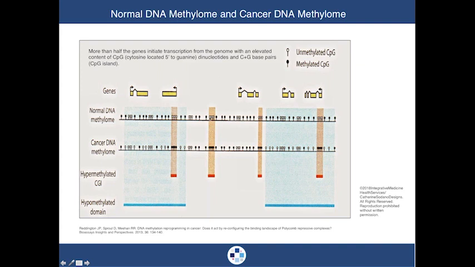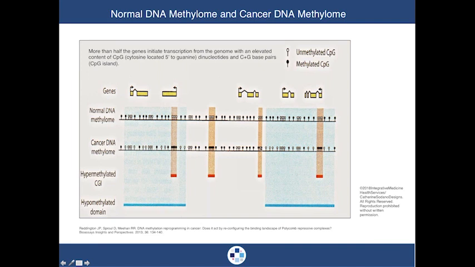These are the housekeeping genes, the ones that make sure that the old cells die off, the new cells are properly regulated, and, if there's damage to the cells, DNA repair and so forth. Notice that these are not methylated and they're turned on. But overall, when we're looking at this strip of DNA, the majority of the DNA is methylated. Things are turned off. When we look at the cancer DNA, you'll notice that those housekeeping genes are now methylated.